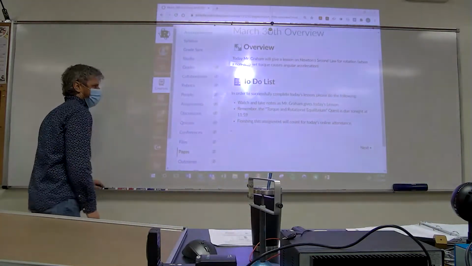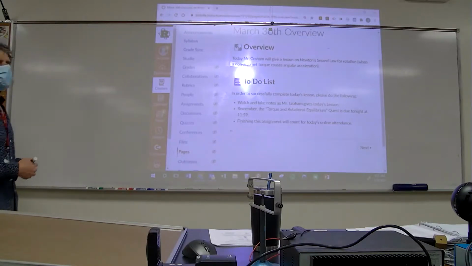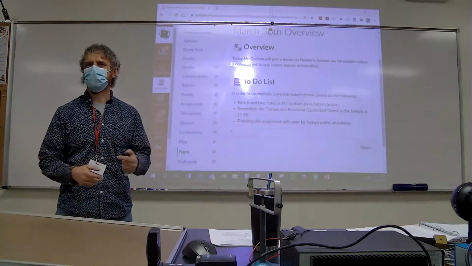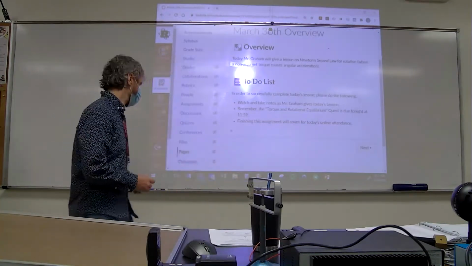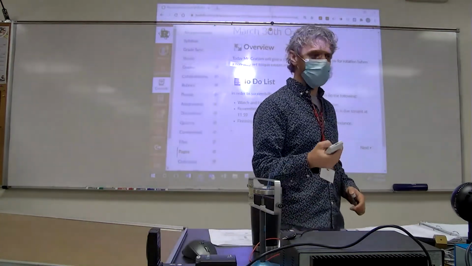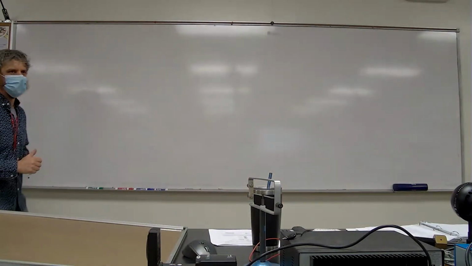So up until now in this particular unit, aside from angular variable stuff, when we're talking torque, we've been talking about torques that balance. And so talking about systems in rotational equilibrium, right? Now, if you remember years ago, when you first learned about Newton's first and second laws of motion, we learned